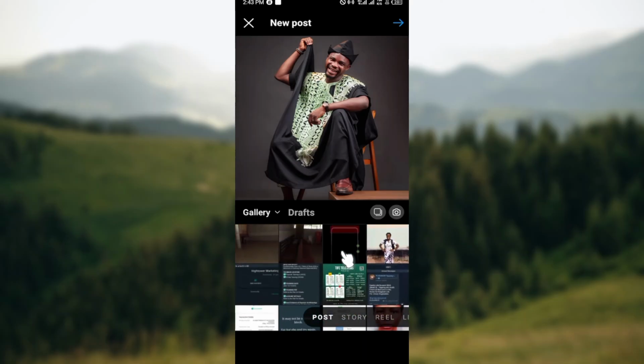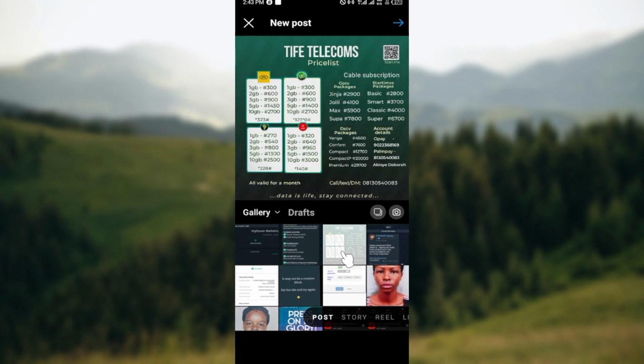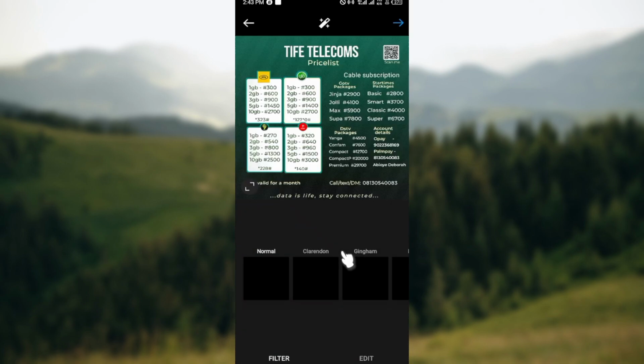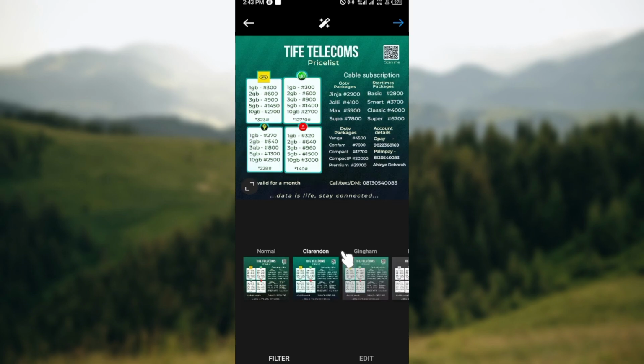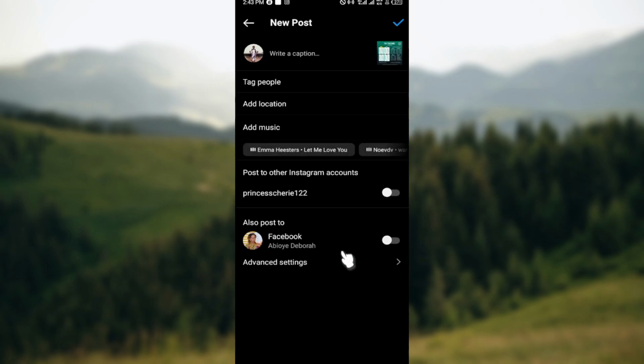All right, so for me, I'll just go ahead and select this picture and then move to the top right corner and click on the arrow icon there. And then you'll be asked to add filters to your design if you want to. Then move to the top right corner and click on the arrow icon again. And once it is done processing, you'll be brought to the page where you can see options for you